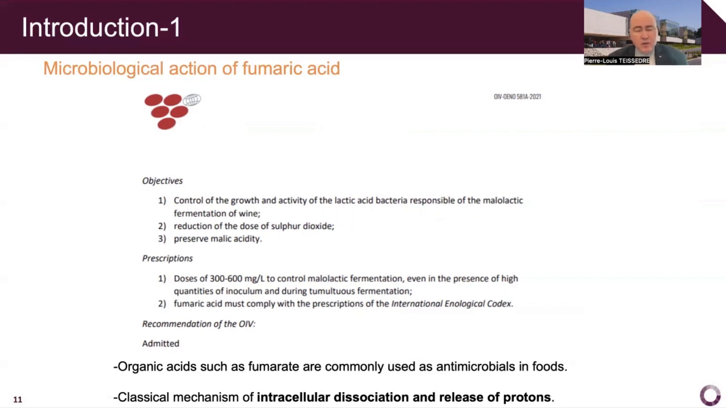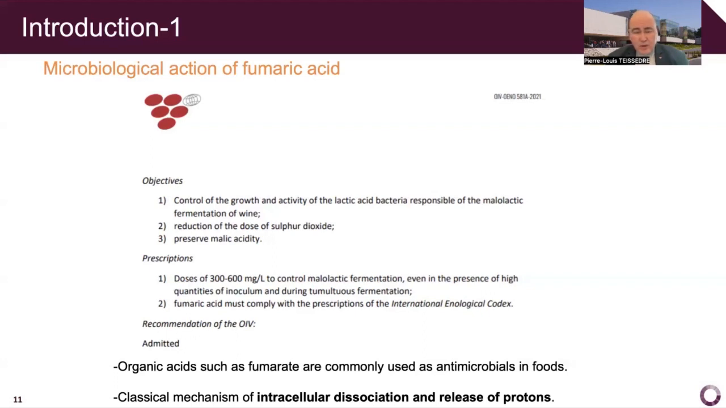In the prescription, it was also indicated that the dose should be between 300 and 600 milligrams per liter to control malolactic fermentation, even in the presence of a high quantity of inoculum and during tumultuous fermentation. Fumaric acid must comply, of course, with the prescription of the International Oenological Codex. And so organic acids, such as fumarates, are commonly used as